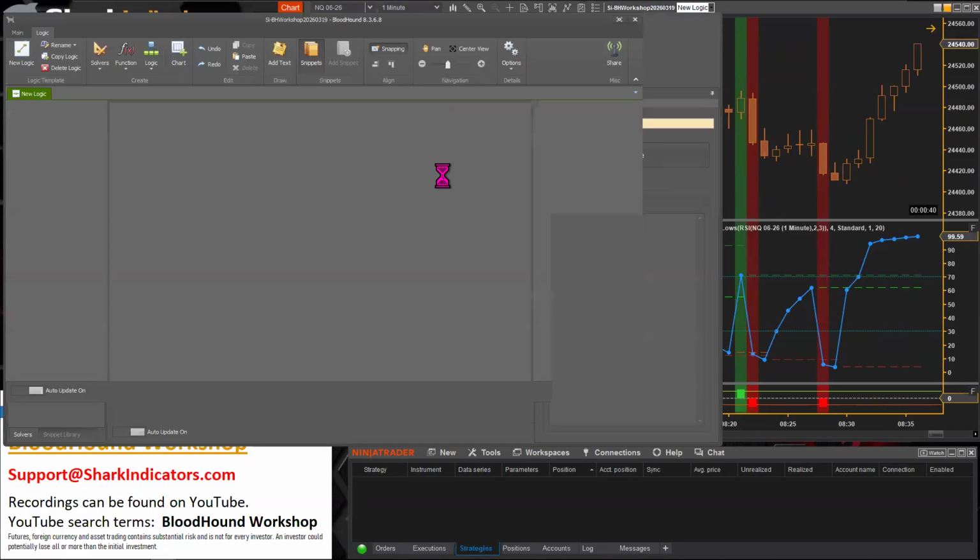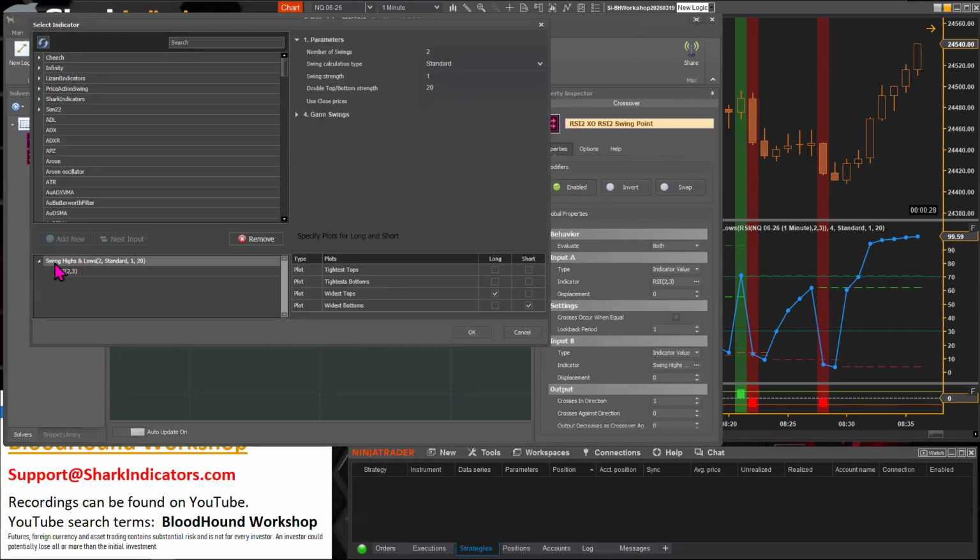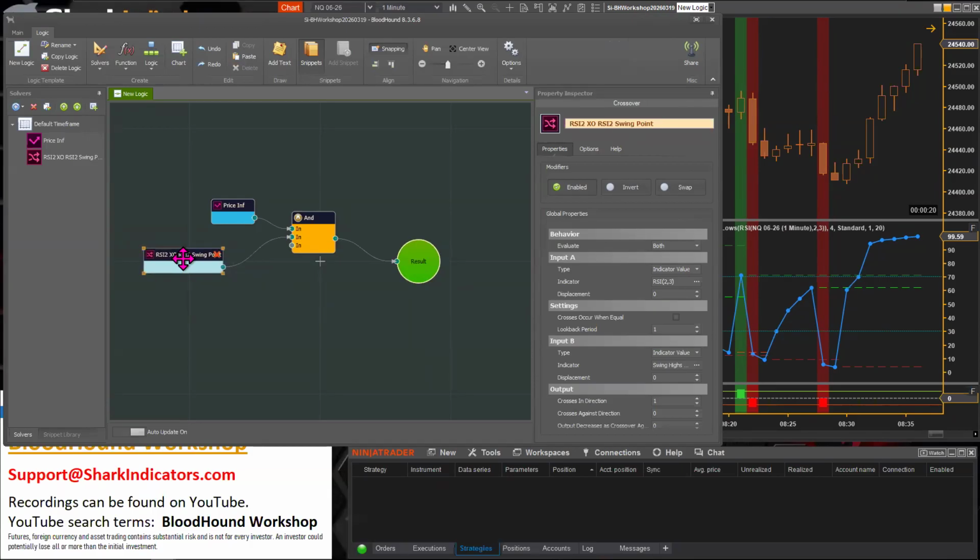Then what we need is another crossover solver to do that, right? Because remember, this crossover solver is using swing highs and lows with only two number of swings, looking back two number of swings there. And we should probably just denote that. I'll just put a number 2 in there. All right, so what I'll do is copy this solver and paste a new one on the board. And we'll go in and adjust the name to 4.